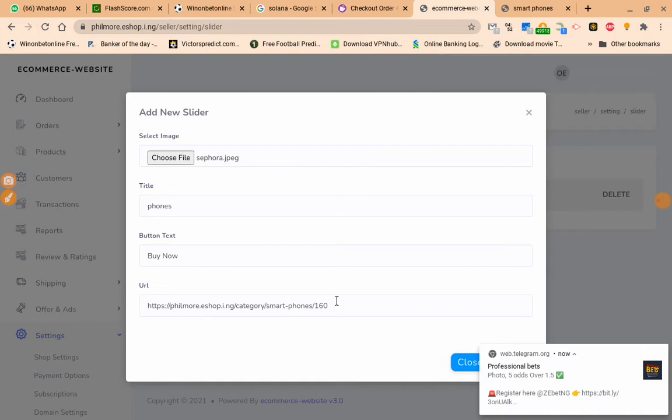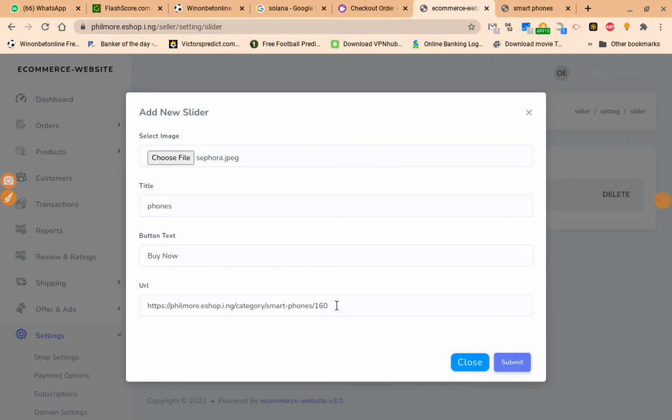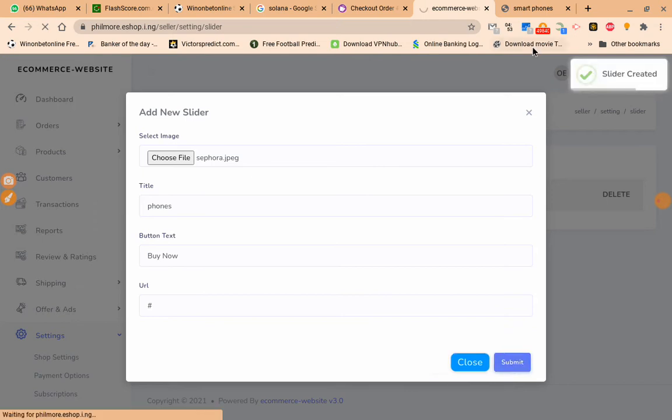Now what I'm saying here is that the reason why this is not working is because of the link. The link is too long. If I click on it again, you will see that it's telling me the characters are more than 50. That is why you have to use a short domain name. Now let's remove this and put the hash back. It is not necessary that I put a link on it. I can just leave it as it is,